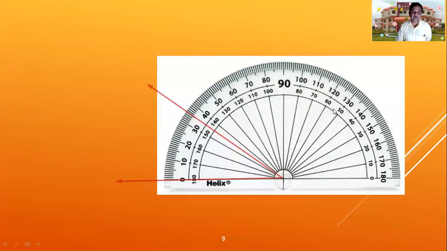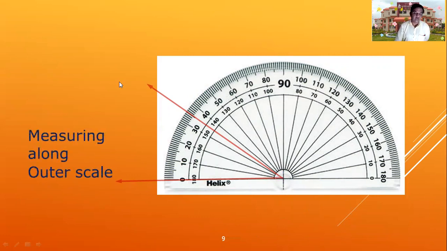Next, another angle. How to measure this angle? Again, the procedure is the same: we put the protractor in such a way that the baseline of the protractor coincides with one of the arms of the angle. The center of the protractor must fall exactly above the vertex of the angle. Now, what is different in this one is that